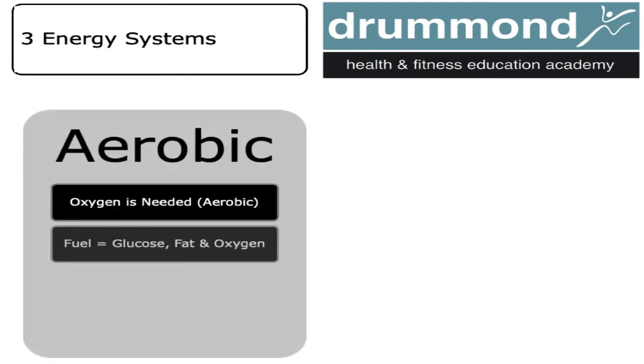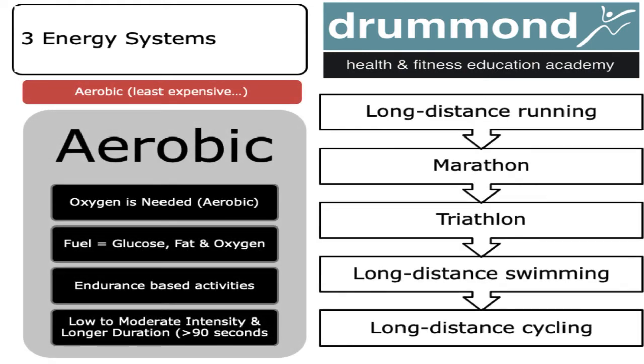When it comes to exercises that use the aerobic system, you're going to be looking at long distance running exercises, marathons, triathlons, long distance swims, and long distance cycles. These activities are aerobic and will break down carbohydrates and fat in the presence of oxygen, and ATP breakdown takes place in the mitochondria. The waste products that are less fatiguing are carbon dioxide and water,